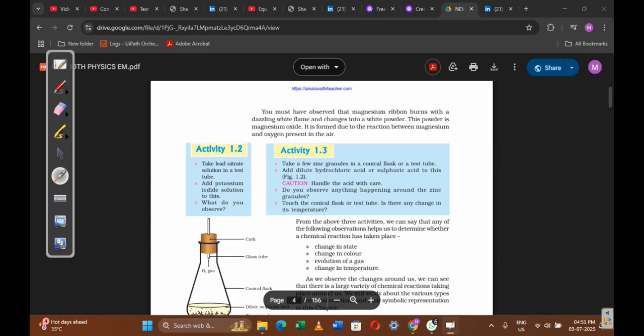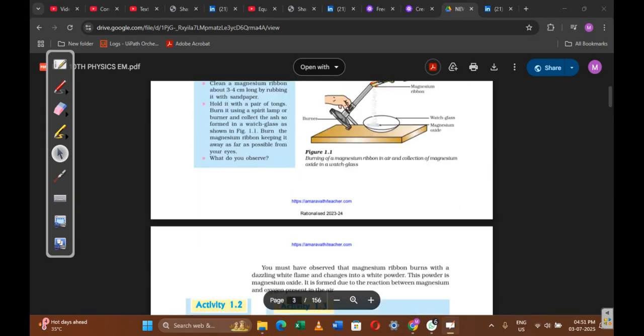In activity 1.3 we discussed the reaction of zinc granules with hydrochloric acid. In 1.1, 1.2 and 1.3 we discussed